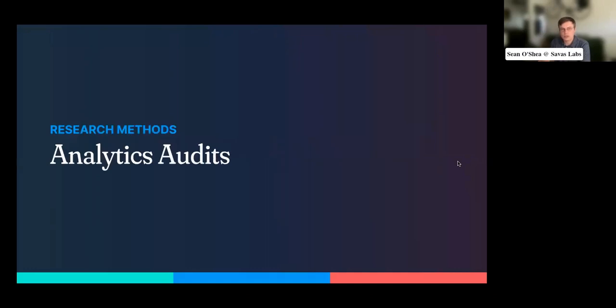So one of the first places we started was with an analytics audit. And analytics audits are an analysis of the bulk traffic through a website or an app, normally through Google Analytics or something like Hotjar. It's great for answering questions like, where are users coming from? What pages do they enter through? What sections of the site are visited most? Even, what percentage of visitors to page A make it to page B? Those kinds of questions. And it gathers quantitative data